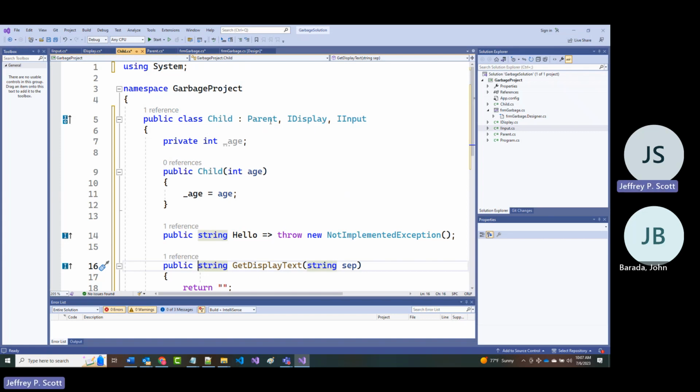So in other words, for this child that we did before, if we tried to change this and put parent on the end like that, notice we're not getting any errors here, because we're not really using anything that was in parent, but we cannot do this.